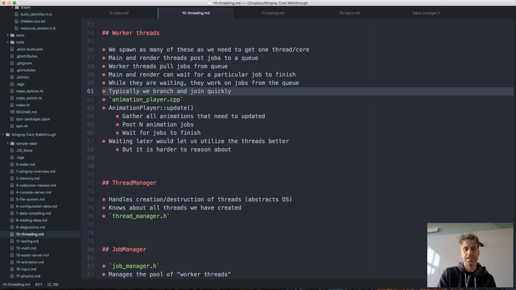In most cases in the engine code, we branch and join quickly when we post jobs, and by that I mean that we have a main thread that is doing something single threaded. Then it comes to a portion where it needs to do some data crunching, say an animation update. Then it will spawn a bunch of jobs, and the processing will go wide on a number of cores, processing just those jobs, and then they will all finish. We'll wait for them to finish, and then we'll continue the logic